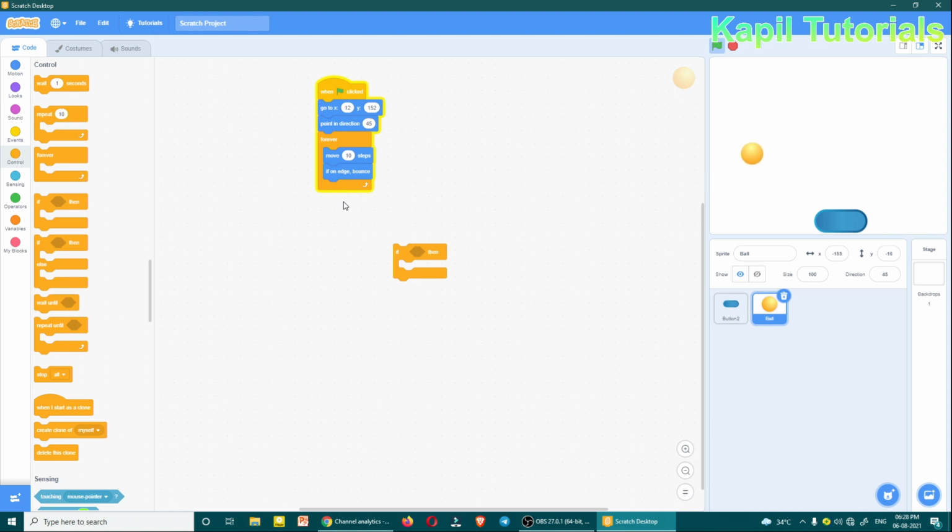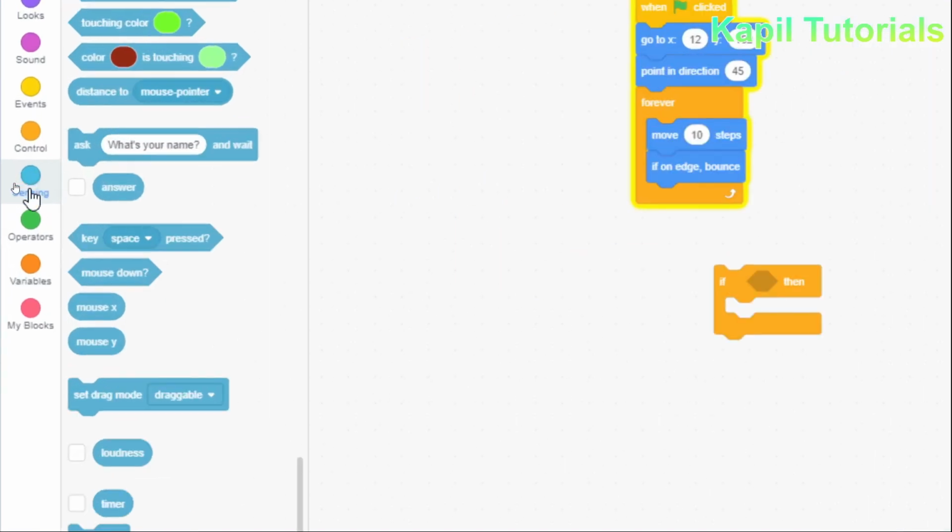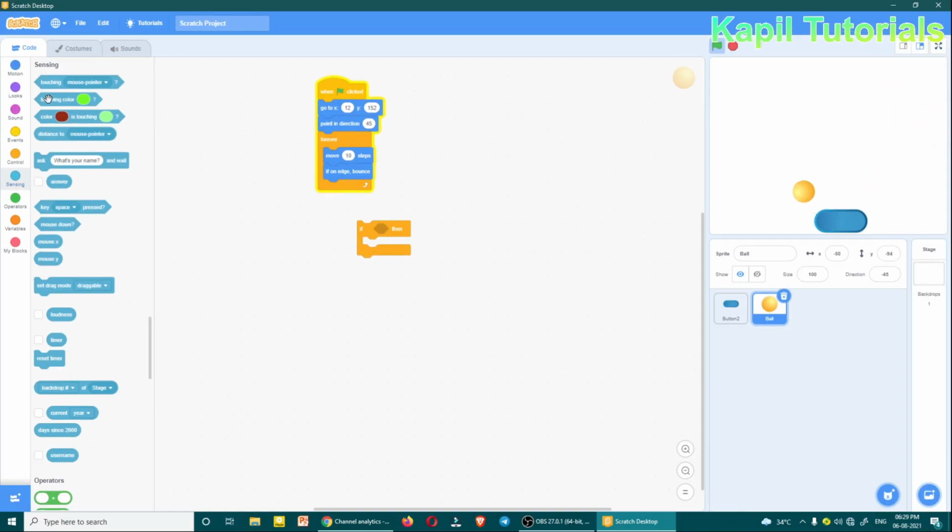Now I want to use the if command. In the if command, I want to check what it should do when it touches the button. Then I'll go to the sensing command, and then here is touching.